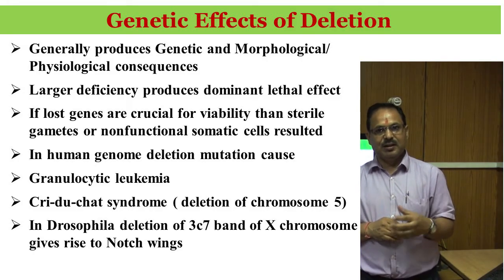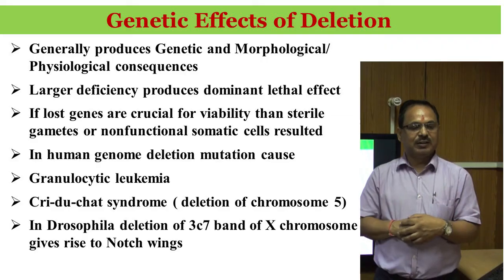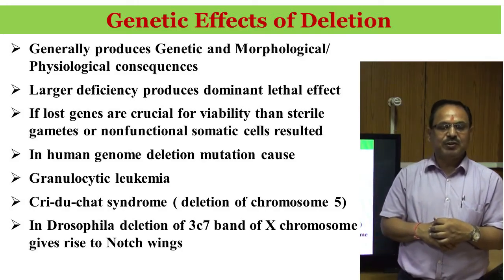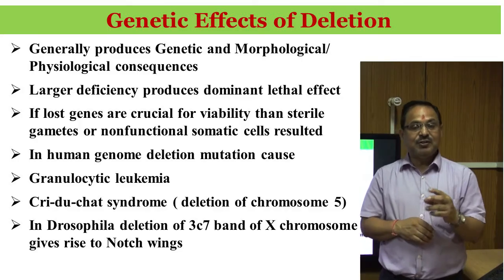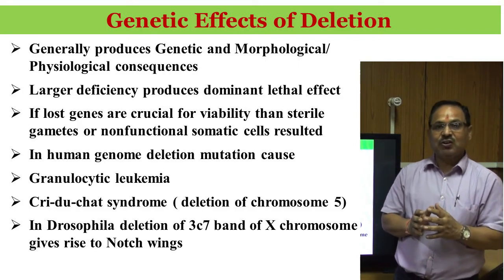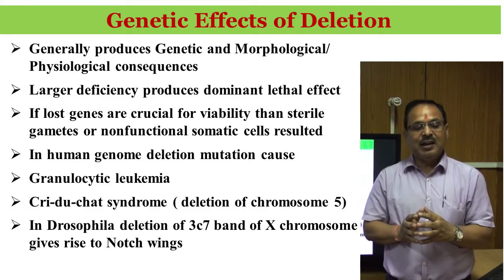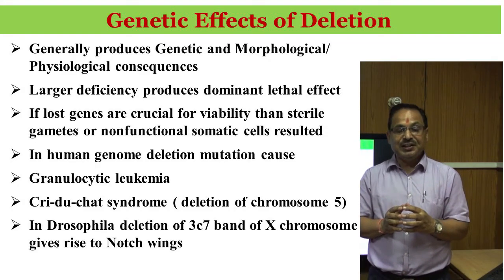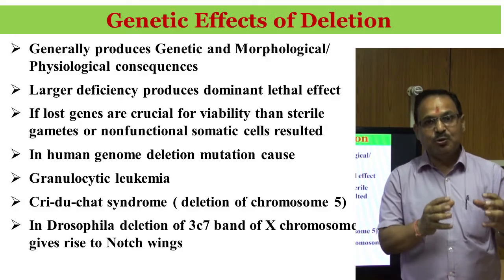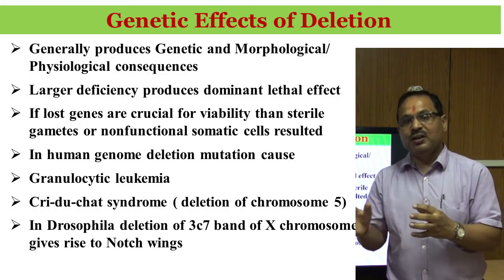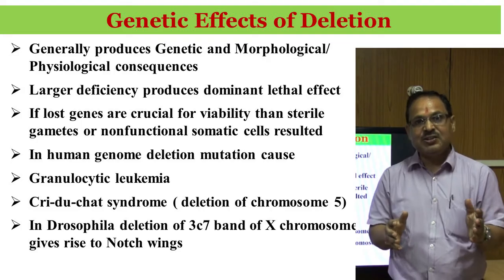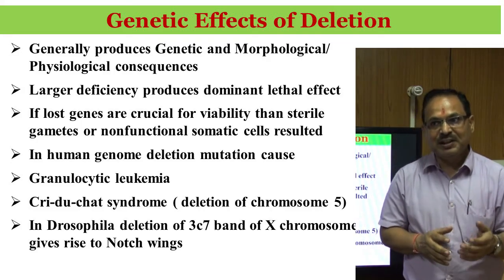It expresses different physiology in the human being. So it generally produces genetic, morphological and physiological consequences. The morphological and physiological consequences take place due to this deletion. If that deletion or deficiency is larger, then it sometimes produces dominant lethal effects. Lethal effects means the individual is not able to survive. They are bound to die. So this type of deletion, if present in larger size, may result in lethal